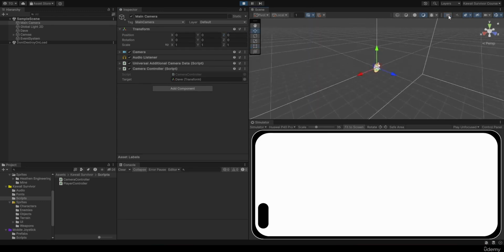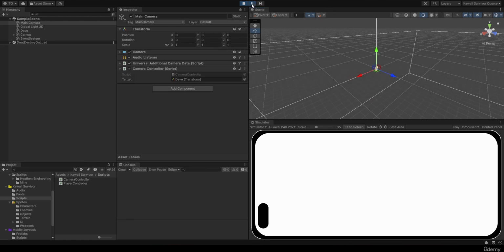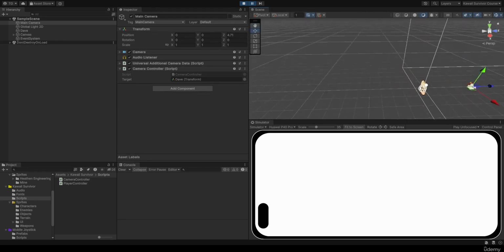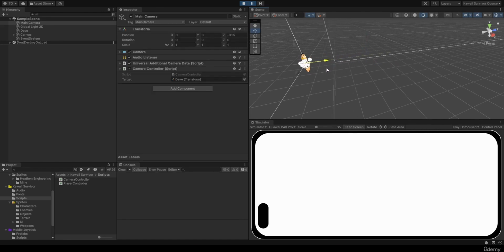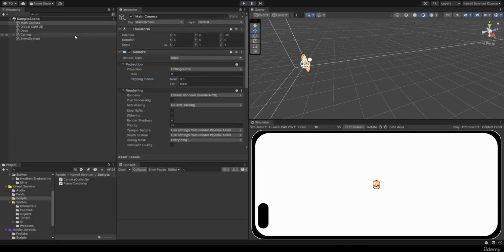If we switch from 2D view to 3D view right here and press F to focus the camera, you can press multiple times to zoom in or zoom out. Let's hit pause and bring the camera back. Now if we bring it back, we can spot Dave, but if it's in front of him, we won't be able to spot him. And we are placing it at the same position as Dave, so it's not going to be visible. Maybe if we set the near clipping plane to 0, we can spot Dave, but that's not optimal. So what we're going to do is use the same X and Y position, but keep the Z